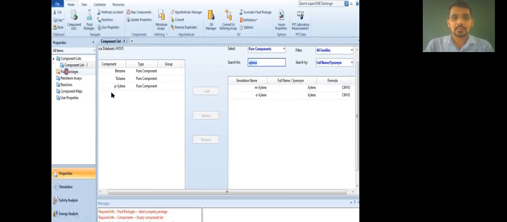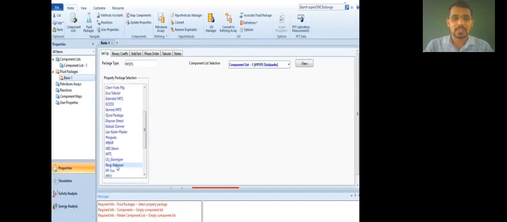Now, after that, there is a need to select the fluid package. You can see here the fluid package. This is the list of fluid packages. A fluid package is nothing but thermodynamic models, where various models are developed according to various temperature conditions, pressure conditions, adiabatic nature, all the properties involved in thermodynamics.